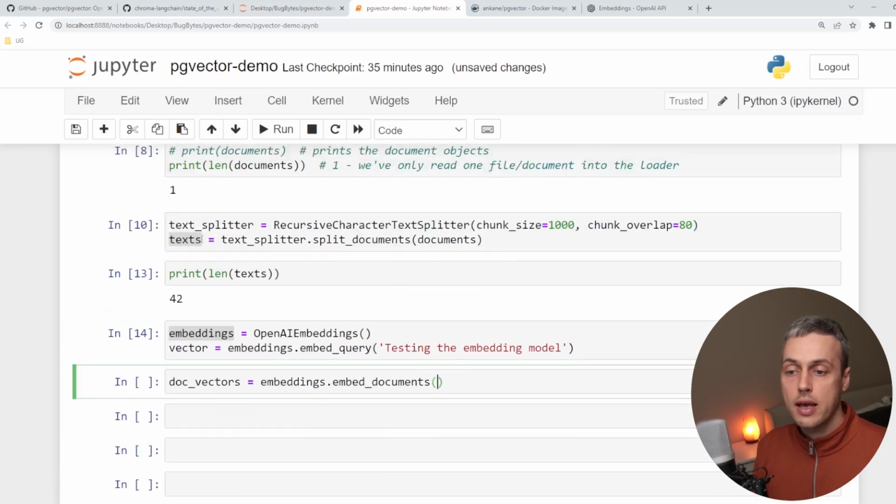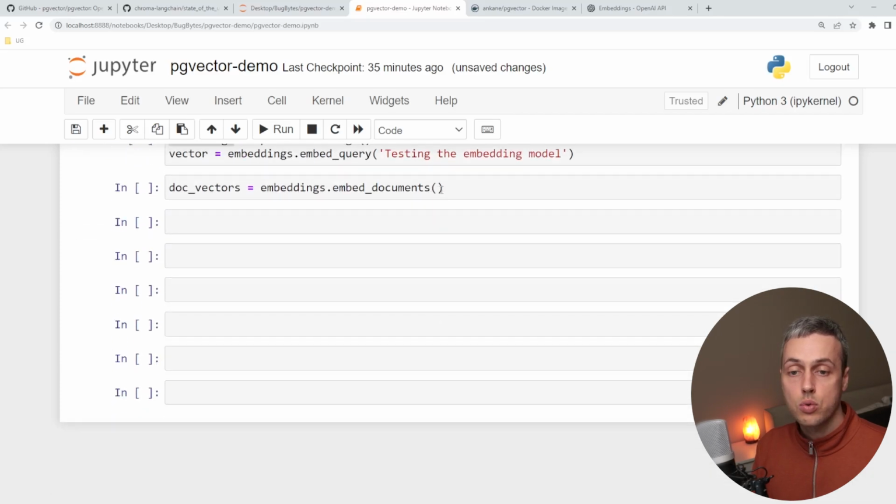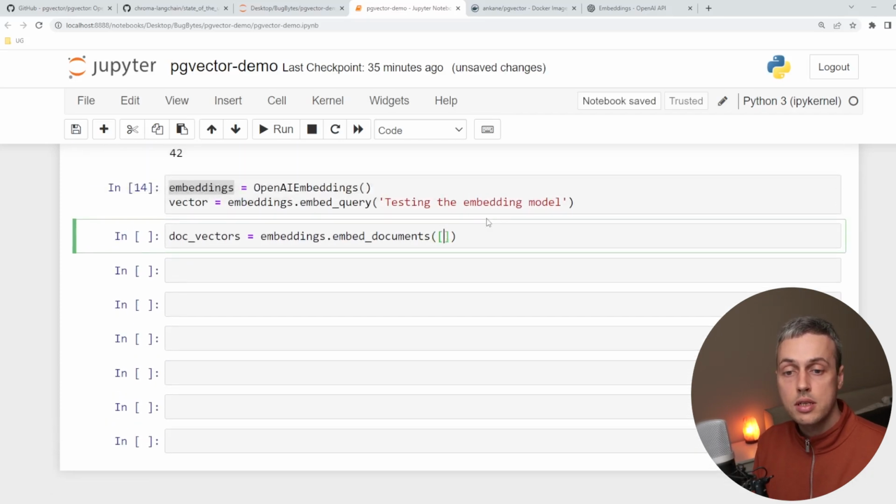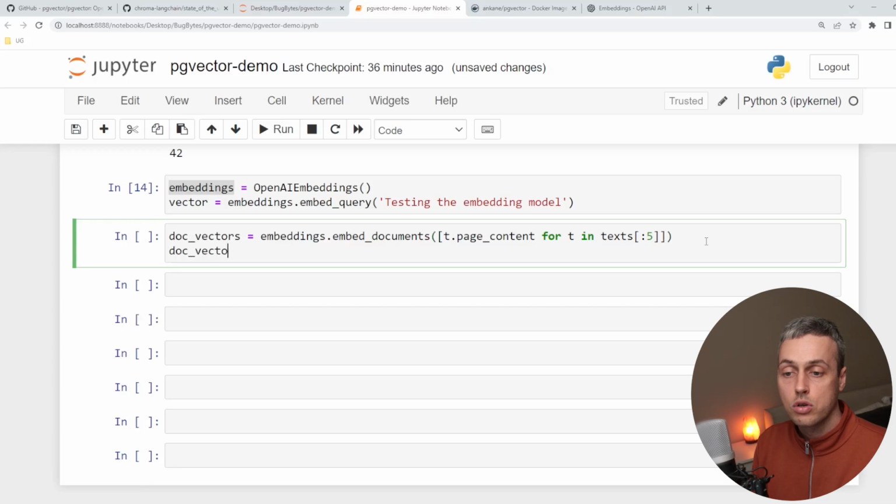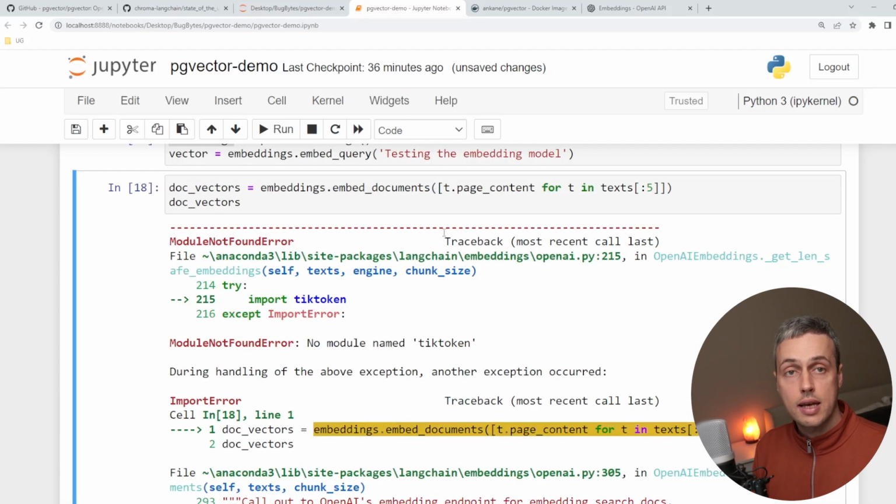And we're going to use these texts that we extracted earlier on. So what I'm going to do is pass in a list comprehension here. For each text T, I'm going to get the page content from that, and that's going to be for each T in these texts. And we're only going to use the first 5 so that we don't send a call to the OpenAI API for every single piece of text in this demonstration here. Once we've done that, we can print out the doc vectors below,